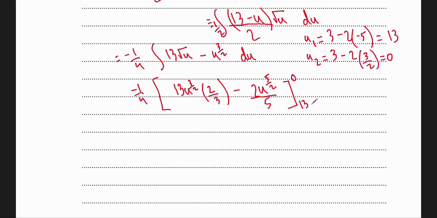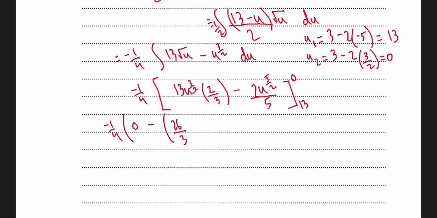And actually, this is much easier to evaluate because now you have negative 1 over 4. When you put 0 in for u, everything just goes away. So you have 0 minus, now this is the interesting part. We have 13 times, you put 13 back in for u, you have 13 to the power of 3 over 2. Well, that's just 13 times root 13. So that becomes 26 over 3. Let me leave that bracket open. If you do 13 times 2 over 3, that's just 26 over 3, right? So you have 26 over 3